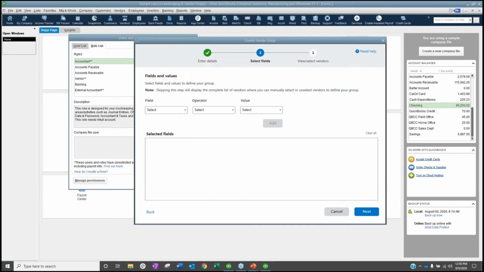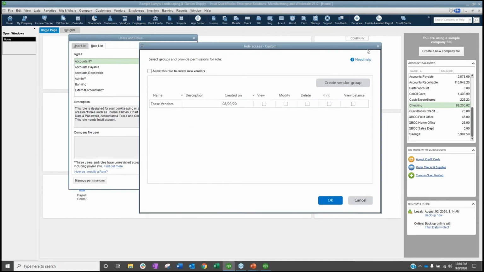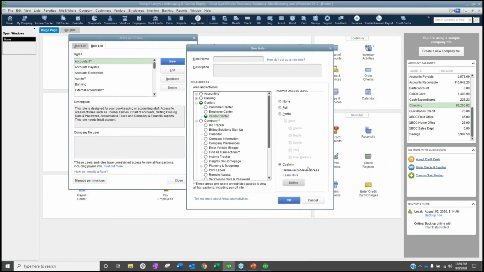There we go. 1099 availability, open balance, credit limit, country, state. So these are vendor grouping as well. The only way I've seen to get to that is when you're in enterprise and setting up the custom permission. So right now, as far as I know, the vendor grouping is only enterprise.